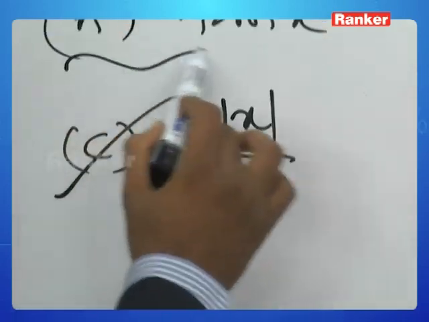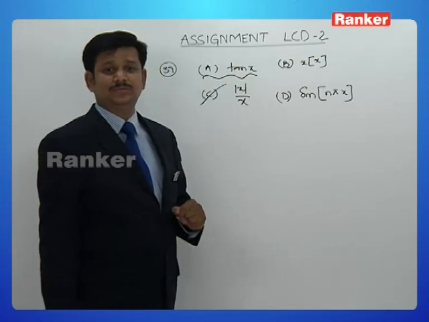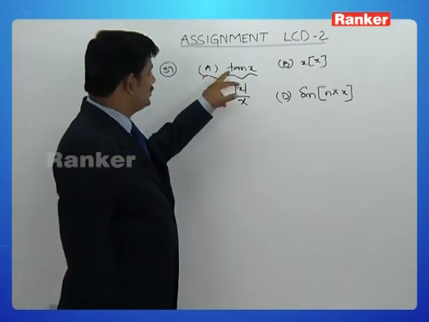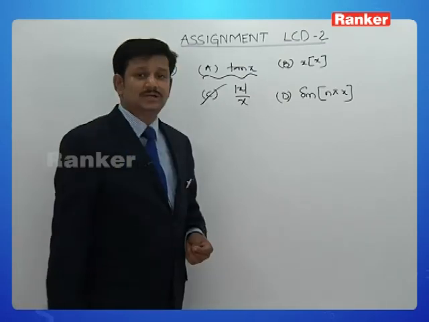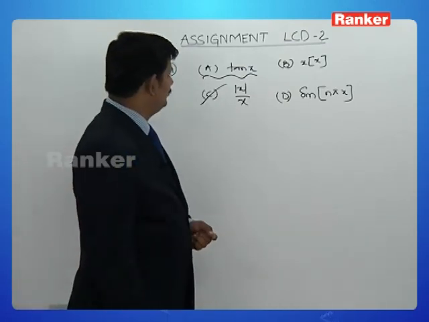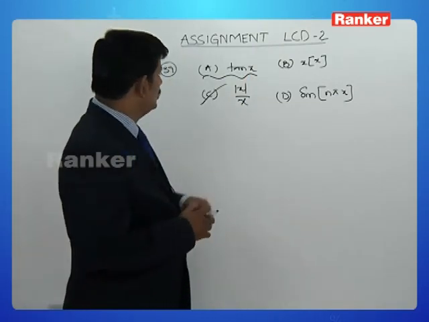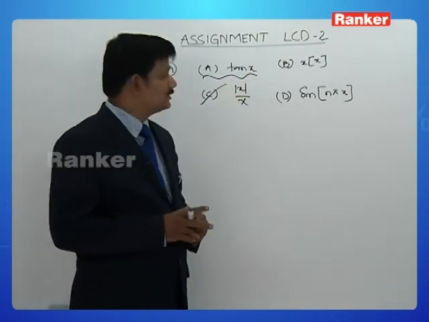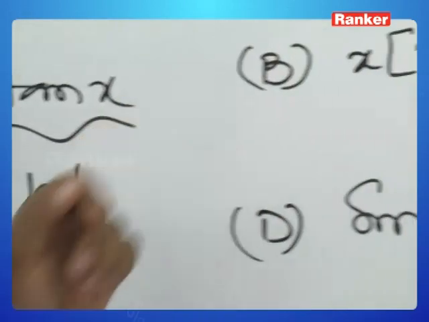Let us also try to understand why it is not option A. We all know the graph of tan x. Tan x is discontinuous at every odd multiple of pi by 2. So there are infinitely many odd multiples of pi by 2, so there are infinitely many points of discontinuity for the function tan x. Coming to B,